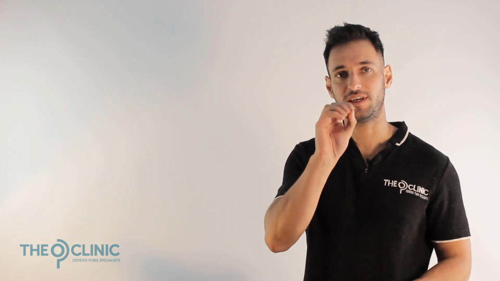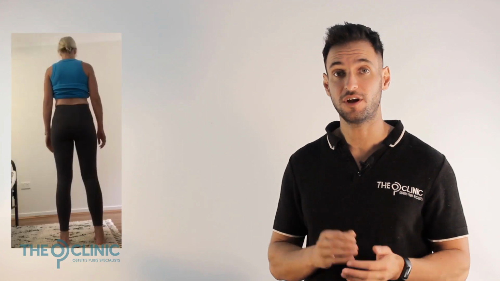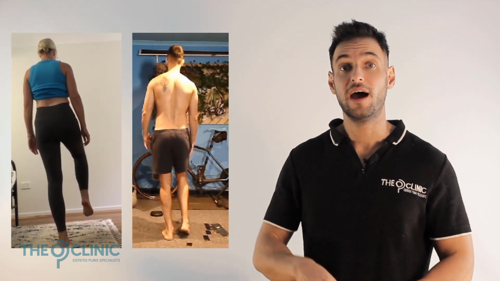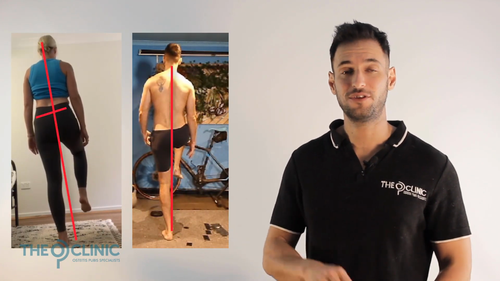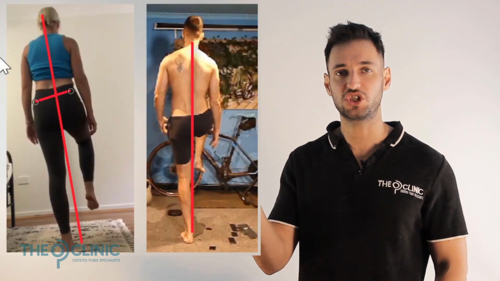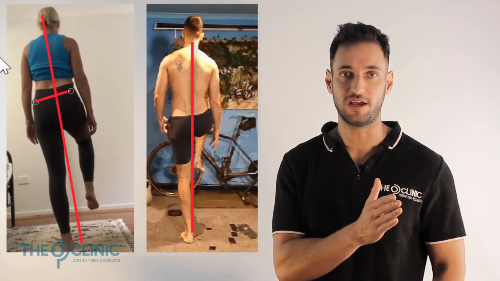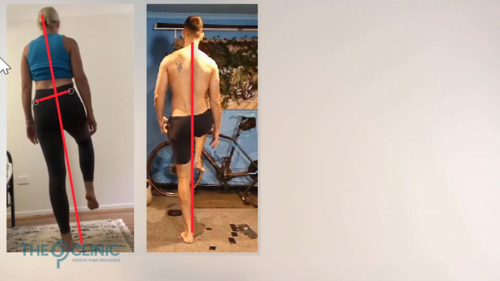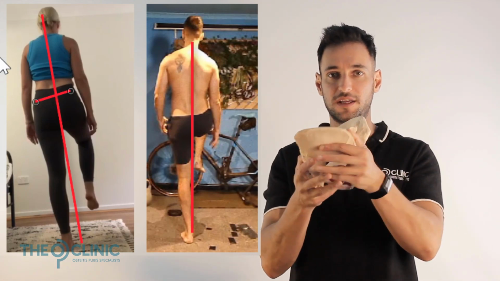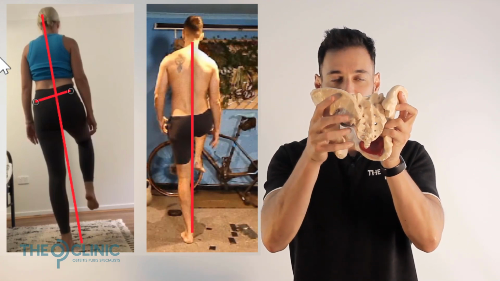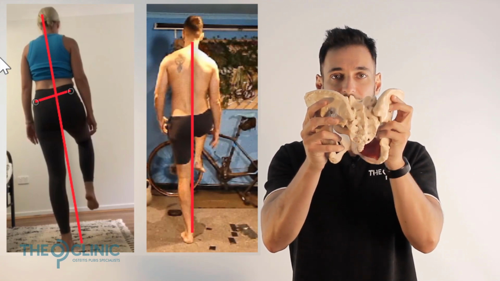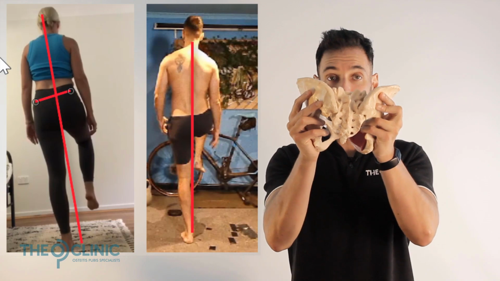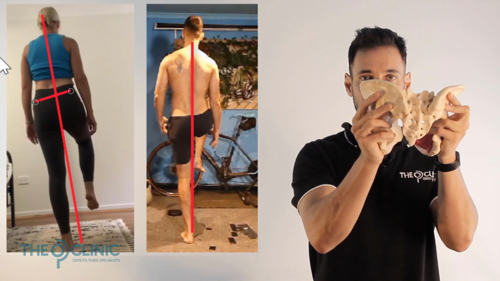So the first one you're going to see here is a leg lift, and you're going to see myself lifting my leg up, and then you're going to see a patient lifting their leg up. And the thing you're going to notice straight away is that their pelvis shifts dramatically over to the side. And in doing that, you can imagine they are overloading their pelvis. So if my pelvis can be right here, and I can stay in the position, this pelvis stays stable, and this one rotates right, well then that's such an easier movement than if I, like my patients, would have to shift my pelvis to the side.